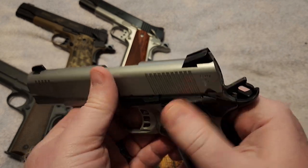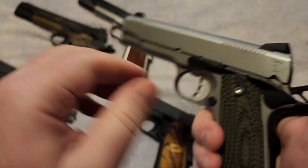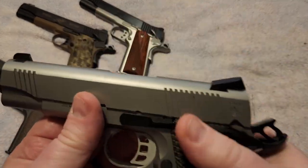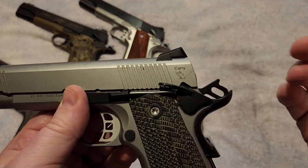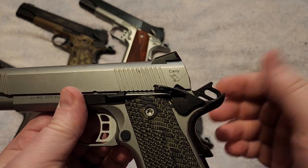But at the same time, when we start getting into hand fitting parts, that's something that on Kimbers, I'm sure they are probably still doing a certain amount of hand fitting on these. Plus, these are made in the United States. These are made in Turkey. Okay. Now, that being said, the fact that this is made in Turkey, some folks are going to say, well,